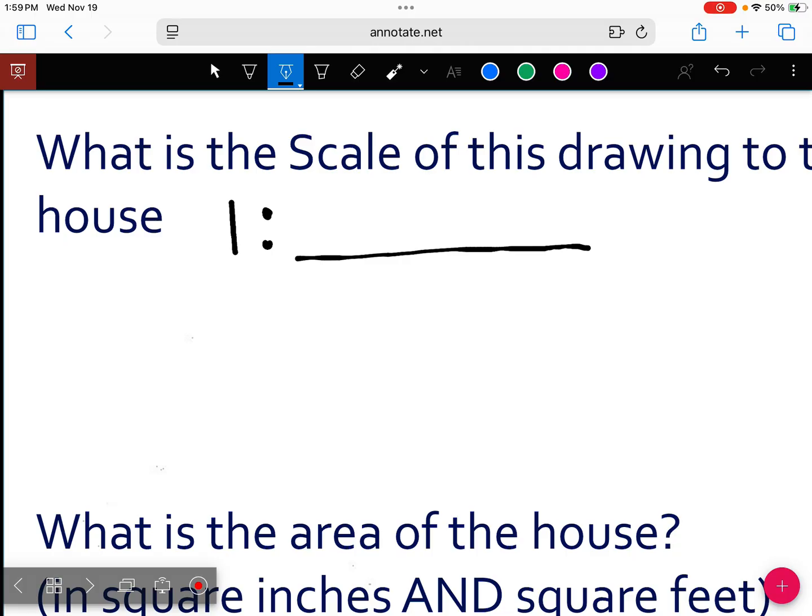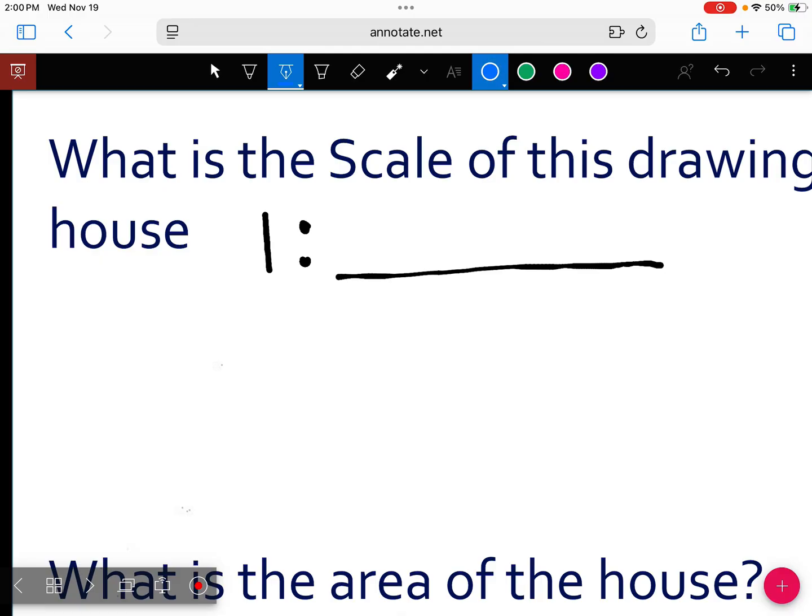So what that tells me is 1 inch on this picture is actually 544,000 inches. 1 foot on this picture, so I measure this way, 1 foot, would be 44,865 feet. So one unit on this picture is going to be that exact scale for the whole picture. So with this drawing,